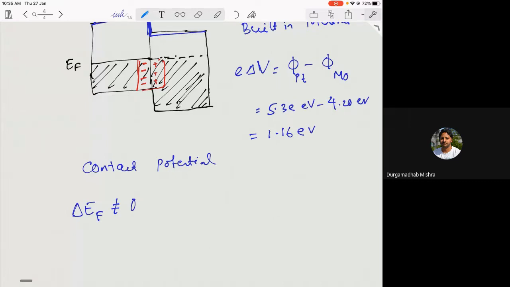And that is what actually happens until your delta EF is 0. So the work can be done